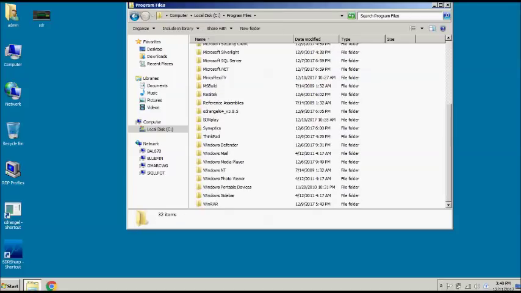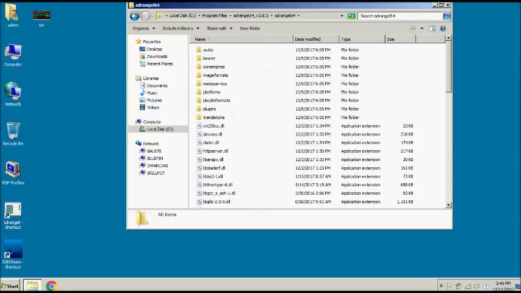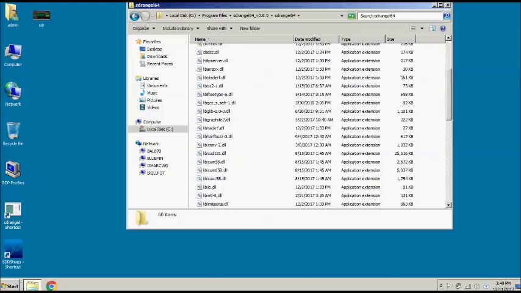Here is that SDRangel with the current version 3.8.5. You can see I just reinstalled this earlier in the week. I've been playing with this though for a while now, and so this is the latest revision. So I'm going to open that up. Everything you need to run this is in this folder. There shouldn't be anything else that you need to install on your machine. You may need to have the latest .NET framework. Possibly, you probably have that installed. If not, you can look into that. The only thing that you're going to need to do in this